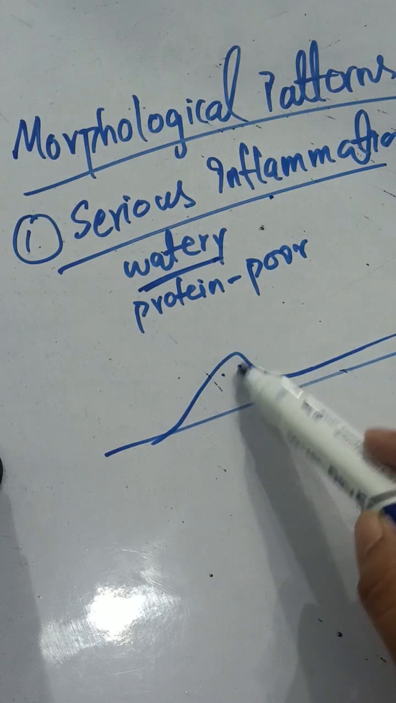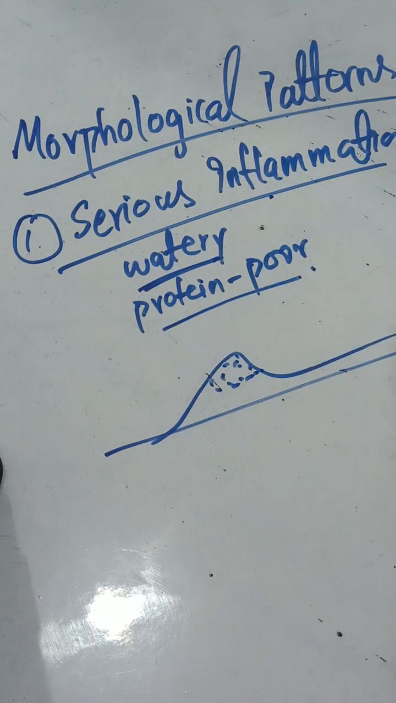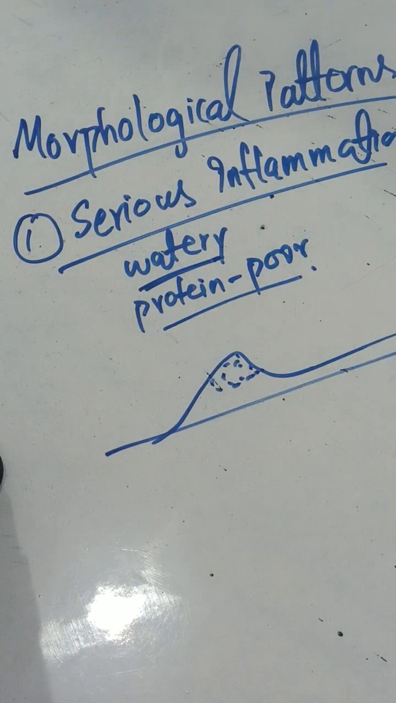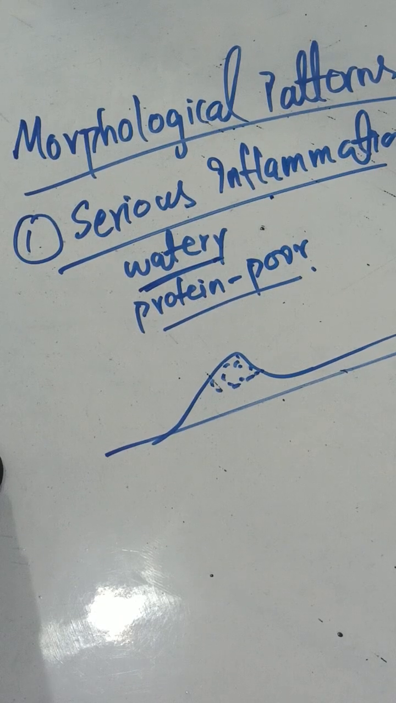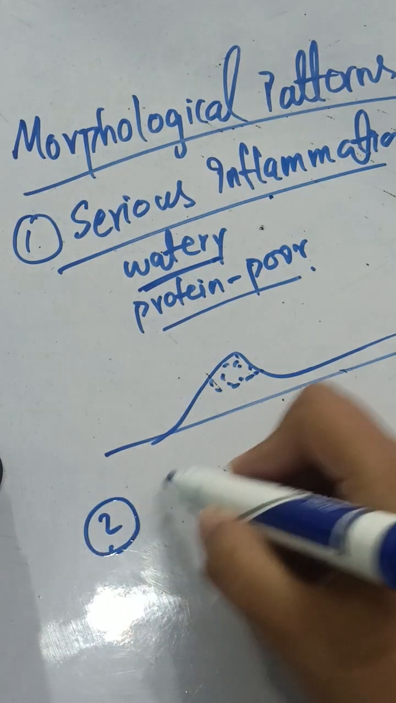So this burn site appears very watery, and this water is protein-poor water that occurs when you burn your skin, and you have seen the swollen area at that site. Whenever you have some viral infection, the same kind of skin blisters also appear when you have a viral infection on your skin. The next type of appearance of inflammation is the